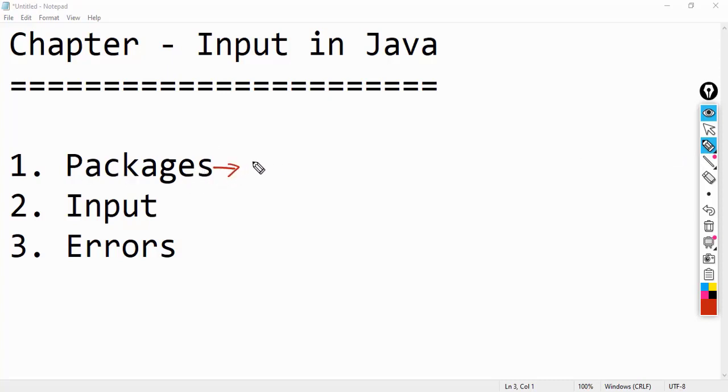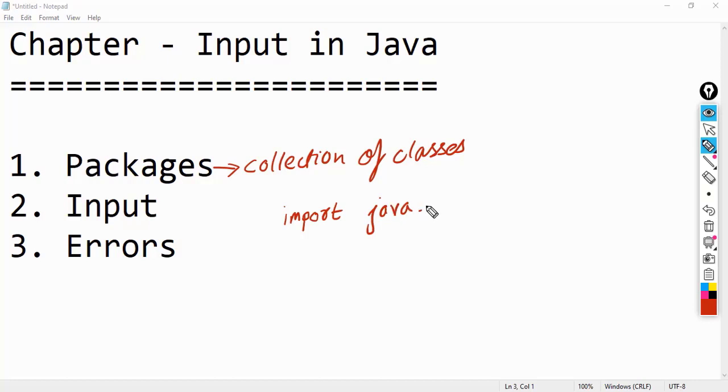Package simply means a collection of classes. Okay, so packages are nothing but a collection of classes. I am sure most of you must have used the Scanner class. So to use the Scanner class, you have to import the util package, isn't it? So you have to write this statement: import